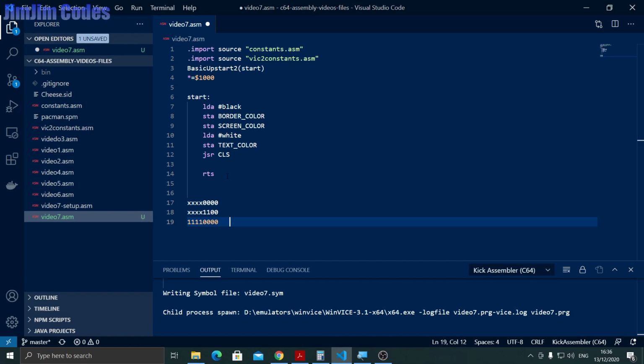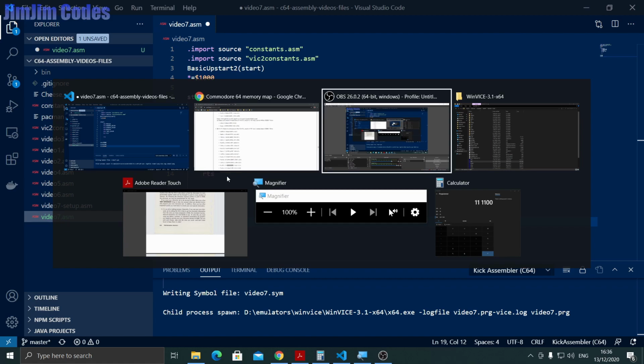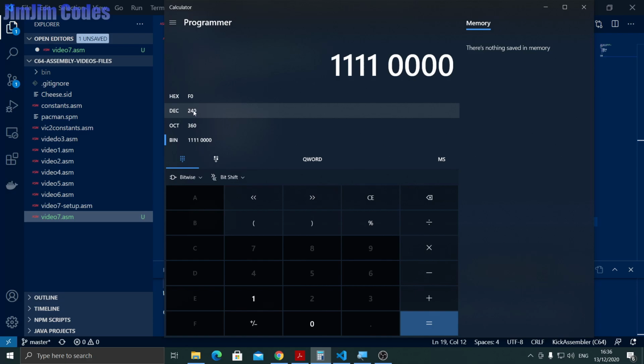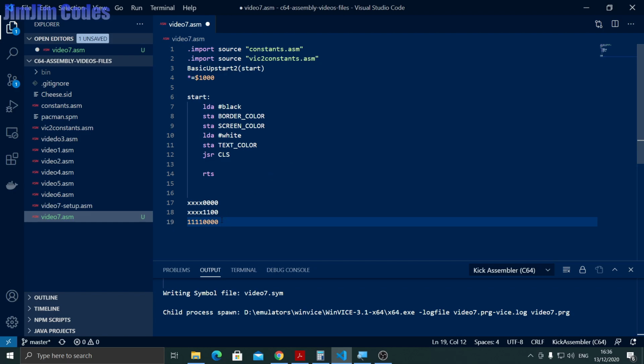I'll show you. You just go to the calculator, okay, and we'll put that in, and we find that that is 240 in decimal, or F0 in hex. So we're going to AND it with 240,